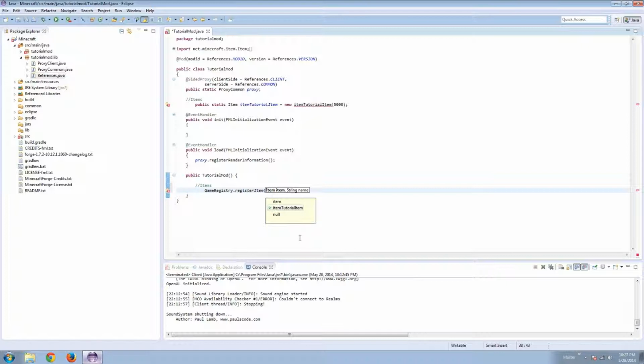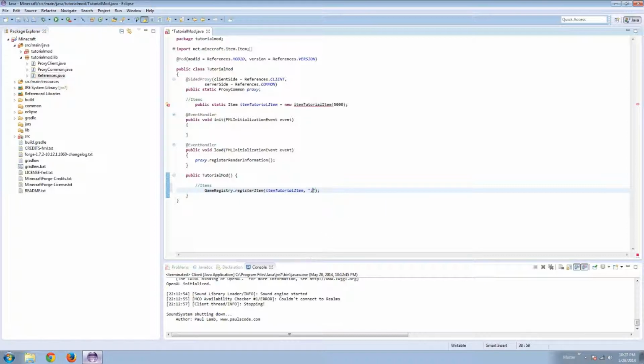I'm using arrow keys, and it's item tutorial item, then hit enter. Now let's see, this will basically be what it is in the game, what it's going to be called. So if you were to do give player and you want to do your item, it'll be tutorial mod for me, tutorial mod